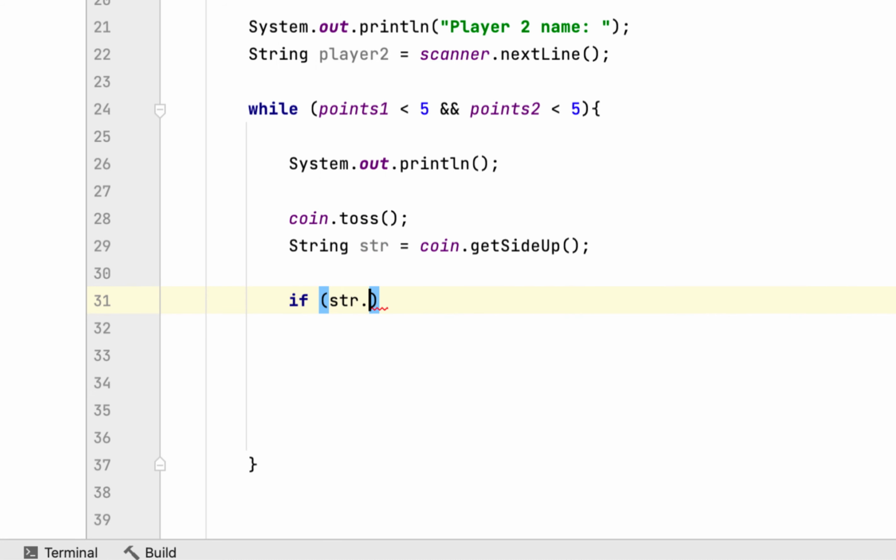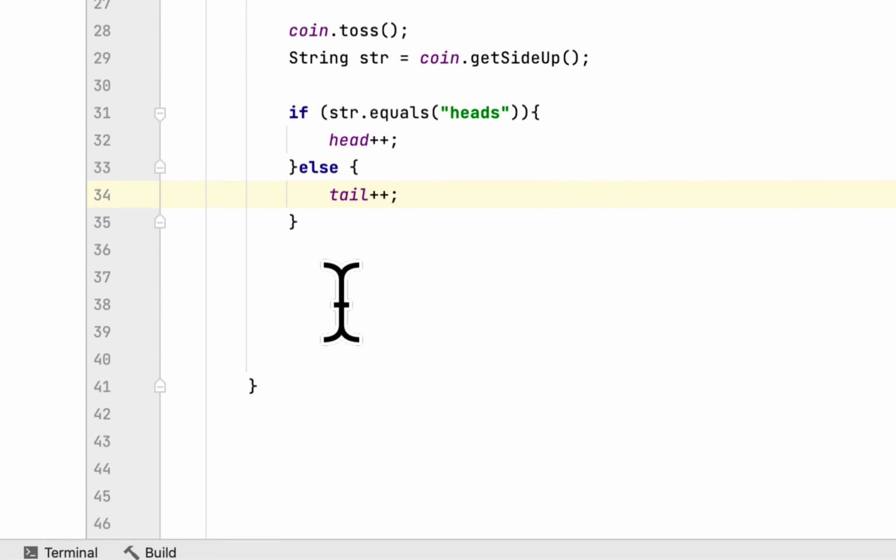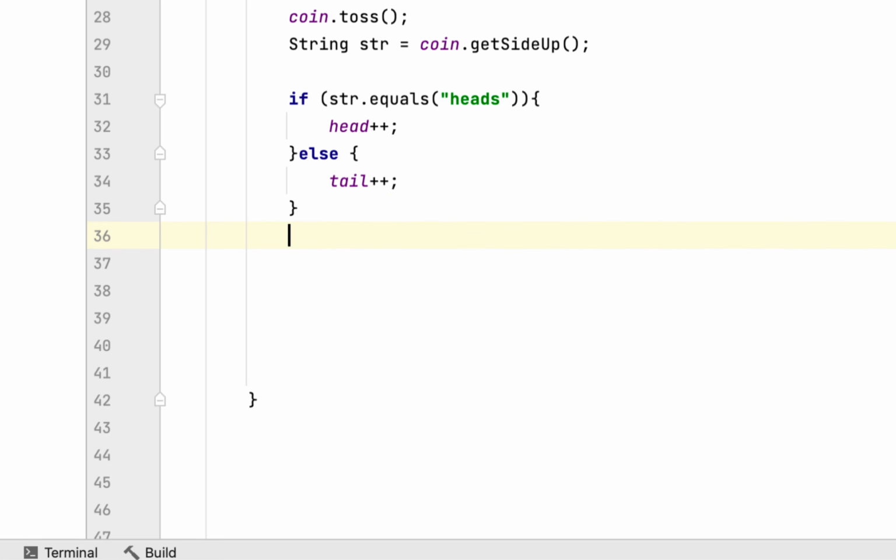Say if the string equals heads, and if that's true, we will increment the head variable. Else, if it's not heads, it's tails, so we'll increment the tails variable. After that,